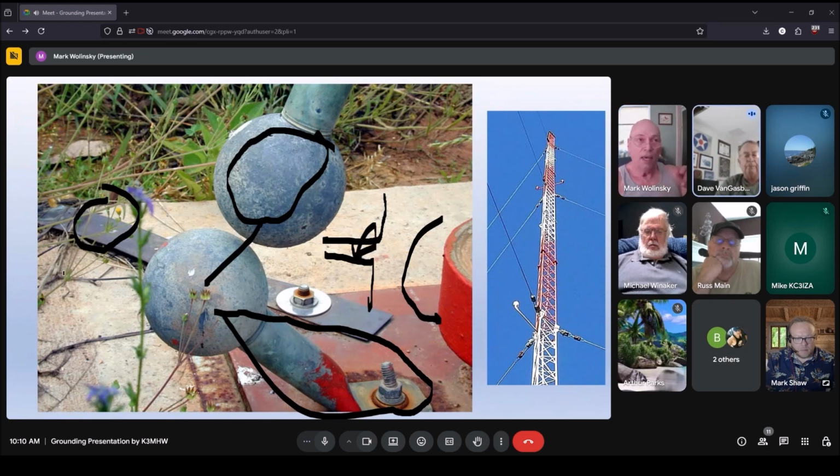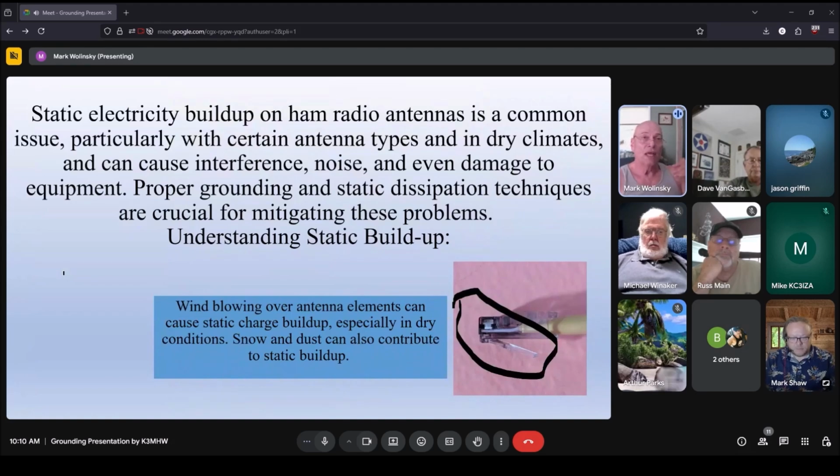Gotcha. So, anyway, okay. Static electricity. We're going to get to lightning because I think it's important. But before I do,